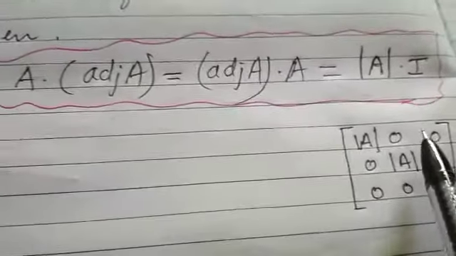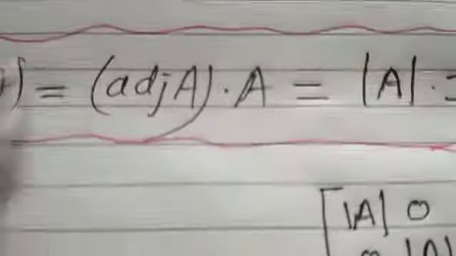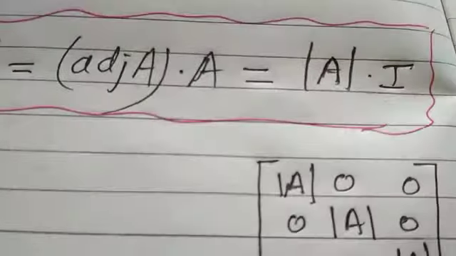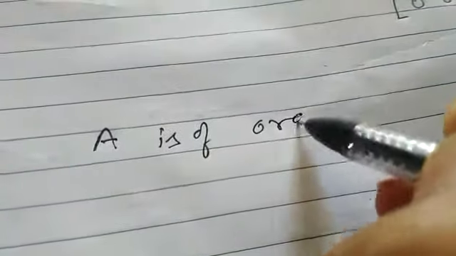Now, this has been specified for order 3. If I write it like this, I am specifying that the matrix A is of order 3. But if it is of order 4, then I will have to write 4 rows and 4 columns. So we will have to derive one more conclusion, that if A is of order 2, suppose, then